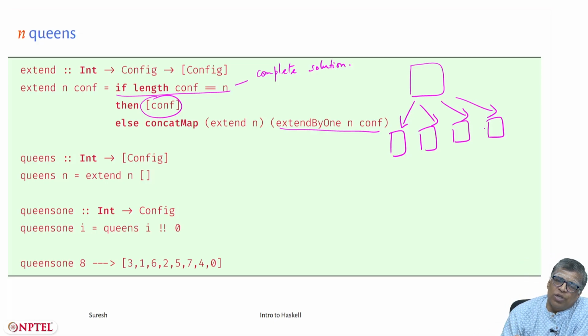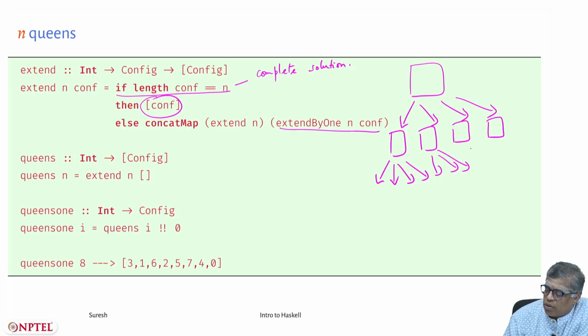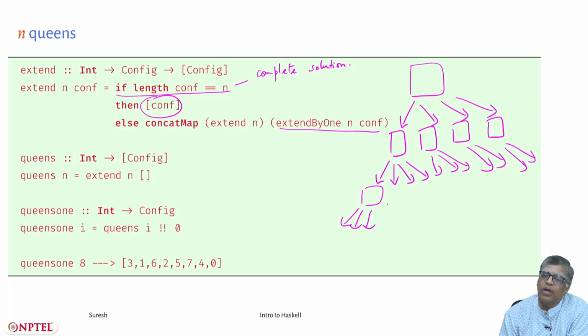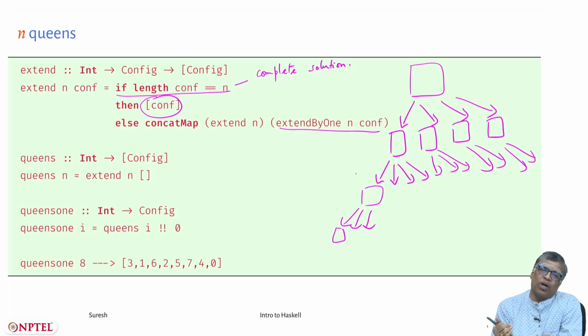It's like the previous solution with my iterate. What I'm saying is, don't stop with this, try to extend all these things once more, and once more, and you will get something. You try to extend these once more till you hit the base case where your length is already n. At this point you will stop. Then I am concatenating all these solutions, creating one list consisting of all these solutions, which is why I have the concat map.